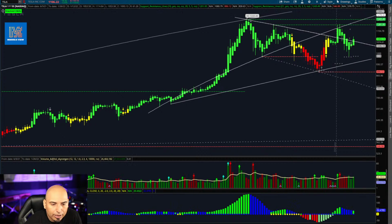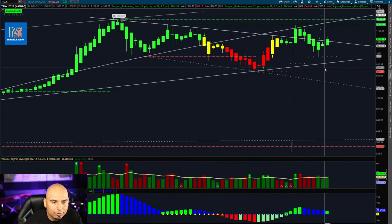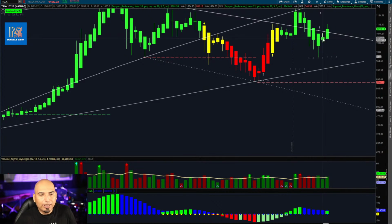Okay, and Tesla, something we've been talking about as well. Look at Tesla, Doji candle yesterday, and we broke above it. So easy. We always talk about this: Doji, you play the break to the upside or to the bottom side. We kind of knew